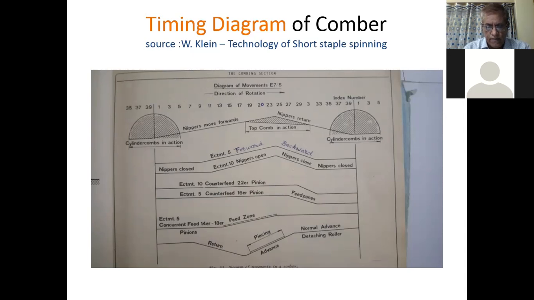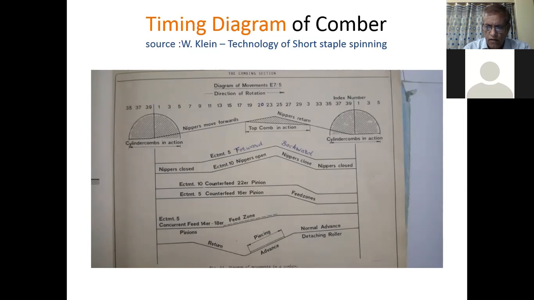And for how much time that operation will be done is also pre-decided. When is the entry, when is the exit, when it will come down, when up, when forward, when backward, everything is fixed depending upon the timing diagram. So we will study the timing diagram today.